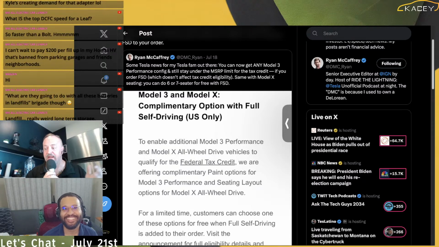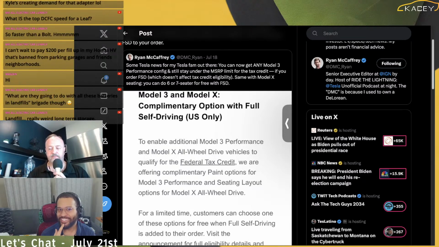I posted on X today saying, boy, it looks like they're pulling all the demand levers at once, because you've got your 1.99 financing, your FSD transfer, your free color. Do you still get the free color with the FSD transfer?